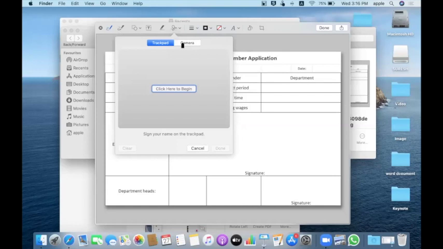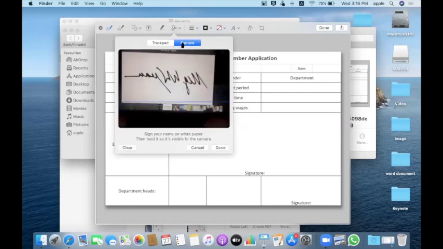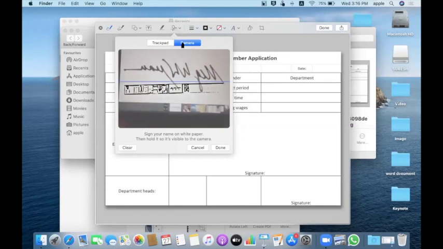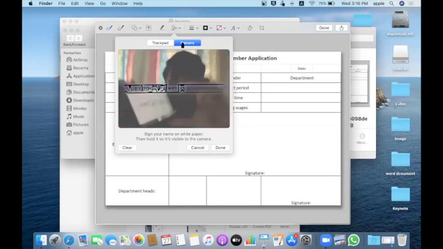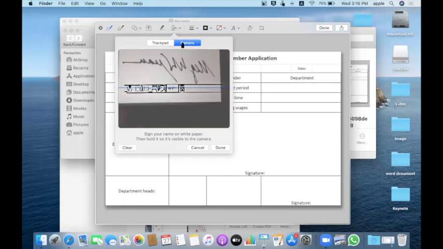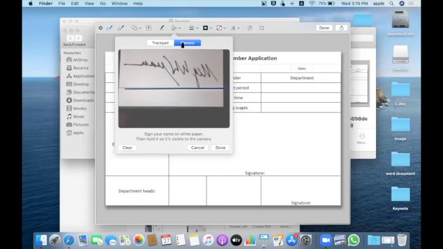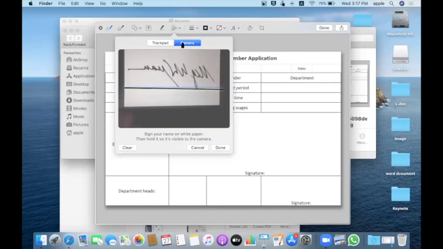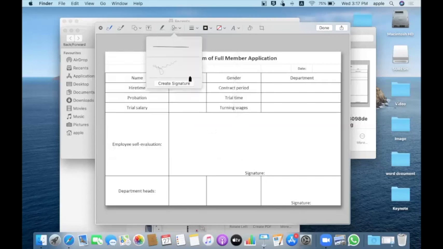Even I said, right, I can use my camera to capture a signature also. So I'm using my camera. Right now I'm using my phone. That's why it's showing like this. So if I properly put a sign on my paper and if I use it, I can import my signature